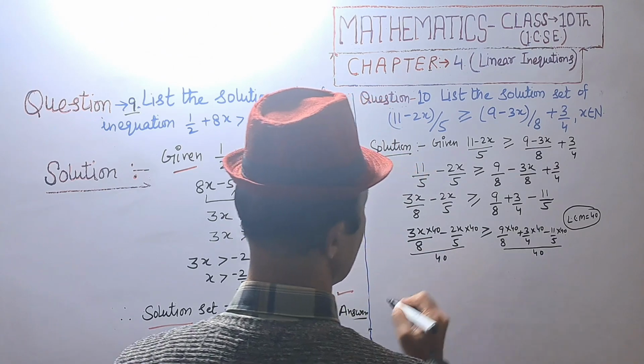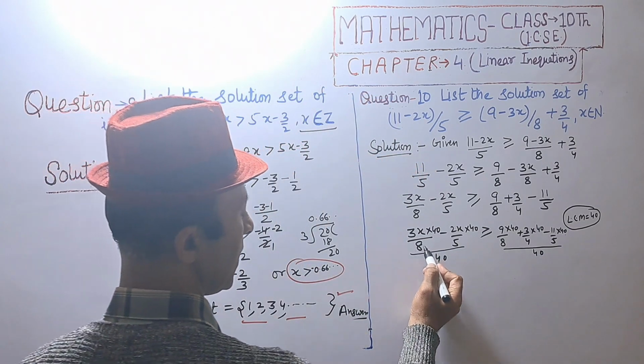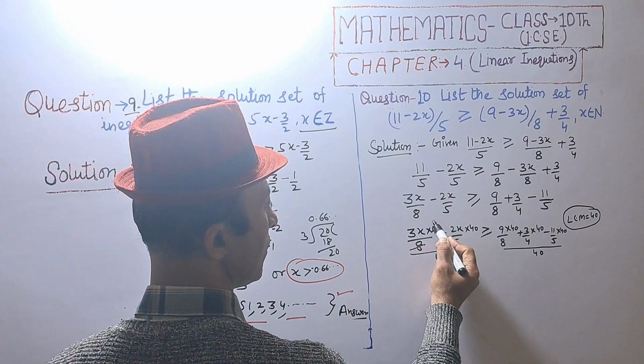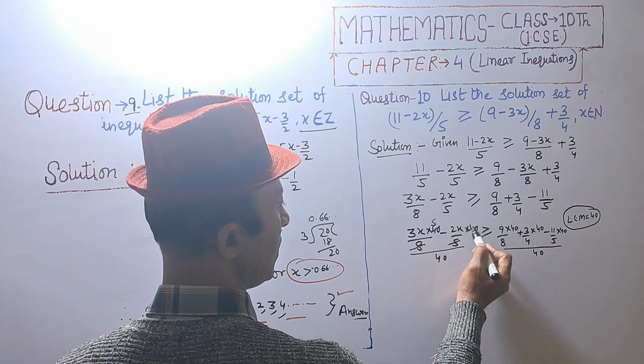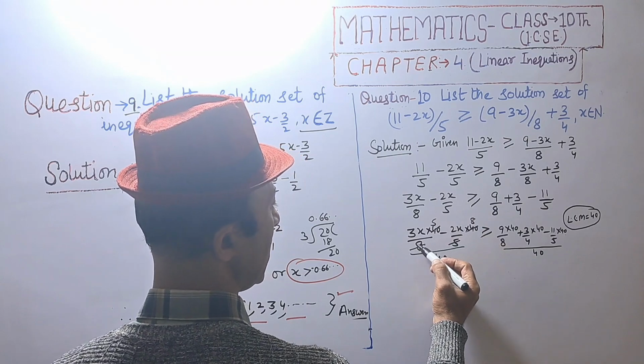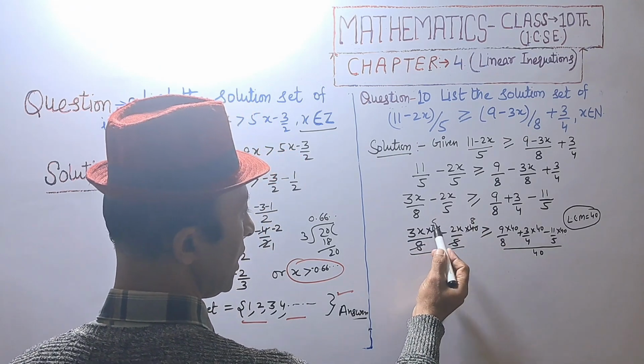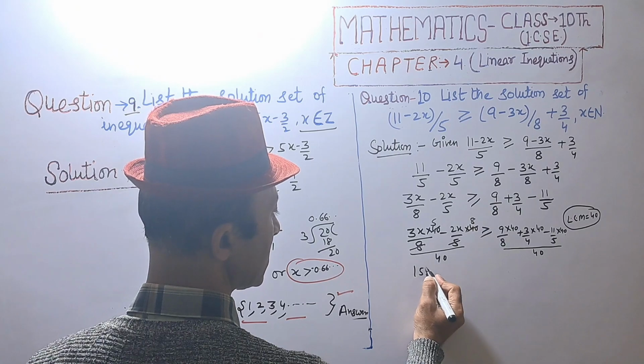This is divisible by 8: 5 8s are 40, and 8 5s are 40. 5 3s are 15x